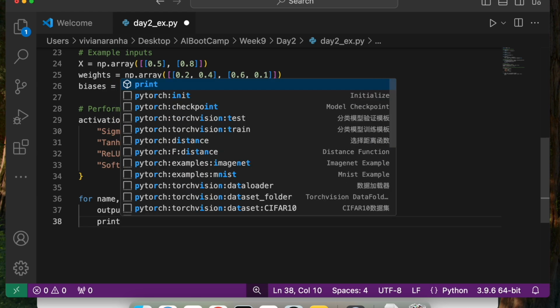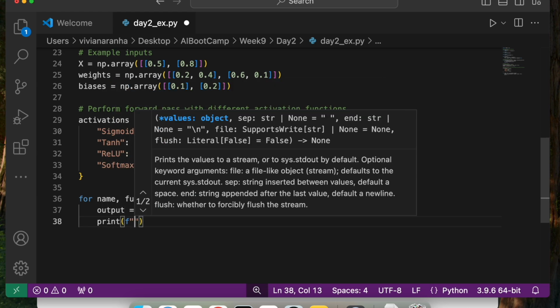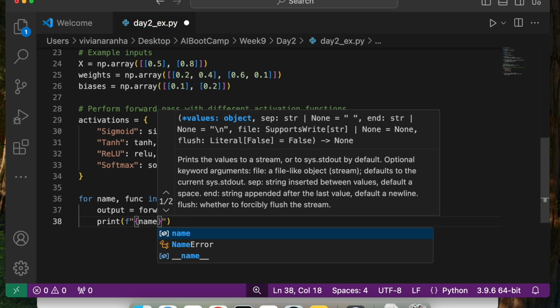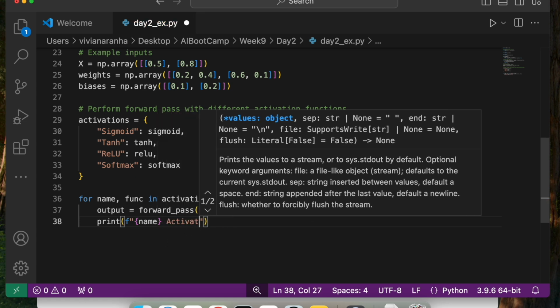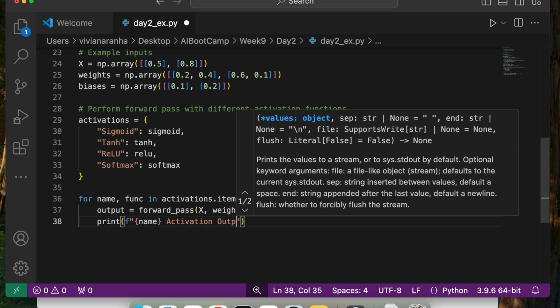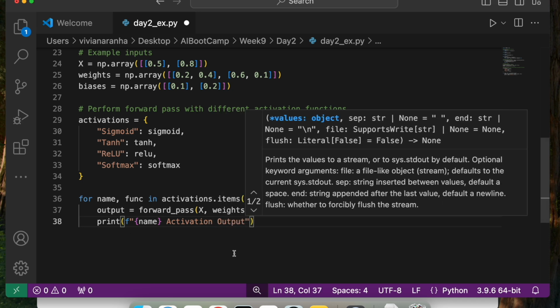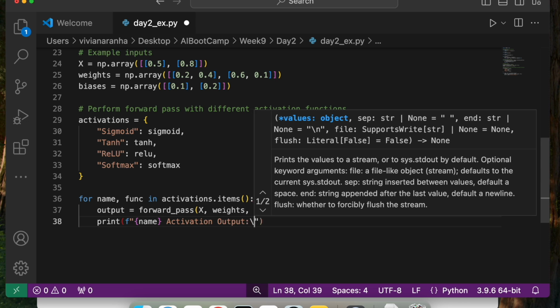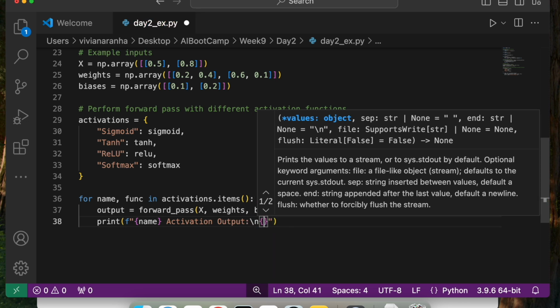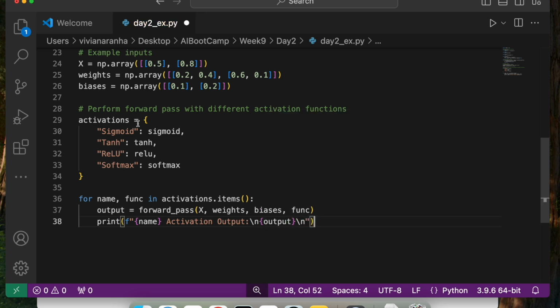And I'm going to say print f of, depending on the name, like which activation function I'm using, say activation output. So, sigmoid activation output is, go to new line and say whatever the output is, slash n.